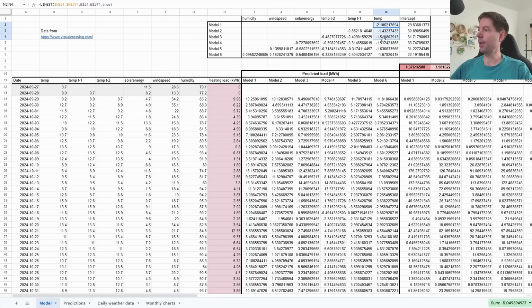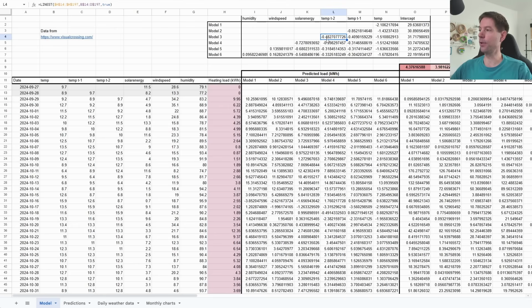But you can see that the parameters for the temperature, the average temperature for today, changes slightly, and now the parameter for yesterday's temperature has changed a little bit, because we've now added this new parameter for the day before yesterday's temperature. Now, I found this interesting in comparison with Model 2. For Model 3, the impact of yesterday's temperature is somewhat less. It's now dropped to 0.4 kilowatt hours per degree C, but the impact of the day before yesterday's temperature is